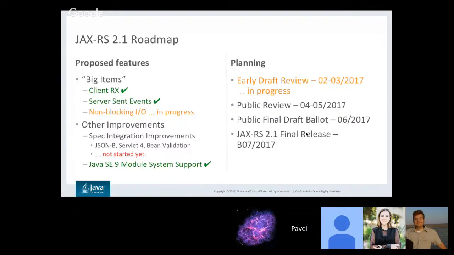The last thing is the roadmap. So when JAX-RS was restarted, then we announced that we are going to do 3 big items. It was reactive client, servers and events, and non-blocking IO. Non-blocking IO is still in progress. It's actually a bigger feature because